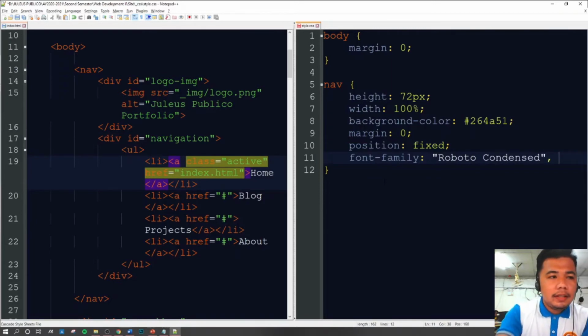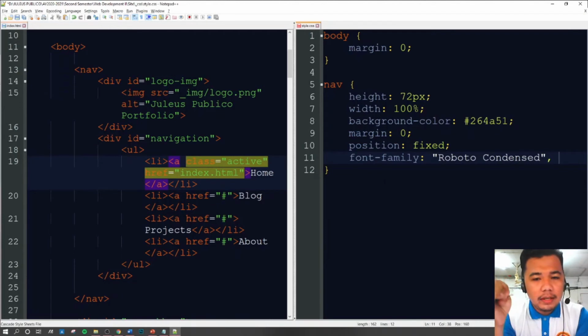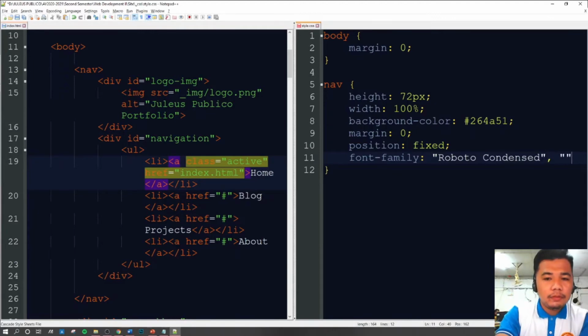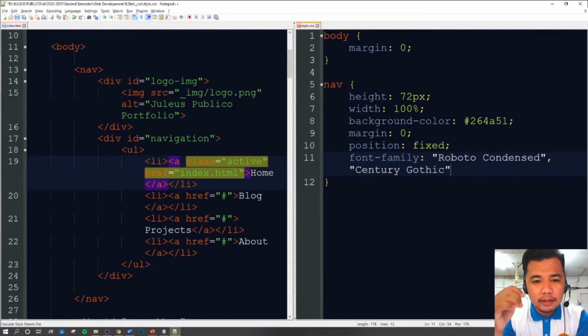Now this will depend on whether the device that I'm trying to view it from has the Roboto Condensed font. If so, then the Roboto Condensed font will be generated. However, if not, you can add another font family, let's say Century Gothic. However, now if the device doesn't have Century Gothic as well, you can add more, but just to make sure